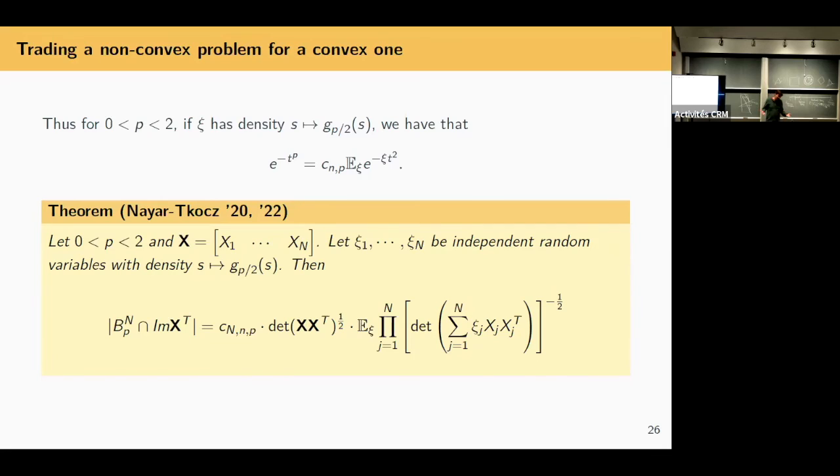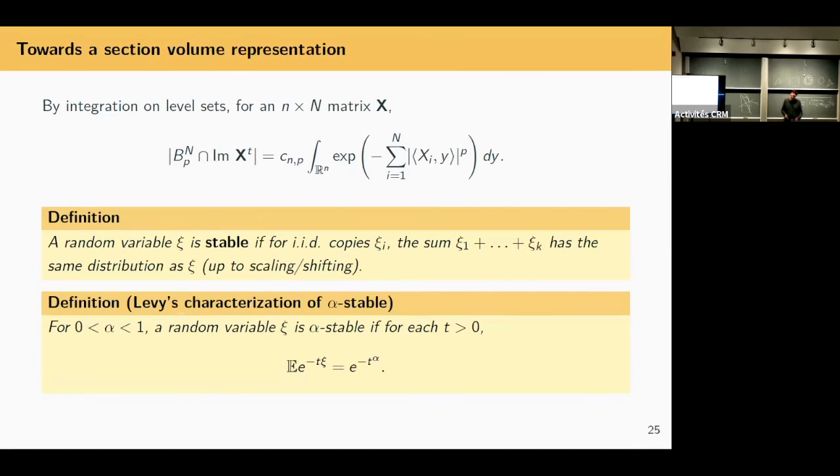What's the effect of averaging? Okay, so there's a complicated formula here, but the spirit of this is, if I see a function like this with the t to the p, I can trade it for power 2, the small variable change, at the cost of averaging. Okay, this extra integral in this Xi random variable. So if the p was 2 in this formula, it would be an ellipsoid, which comes with a determinant, which is not so different than the quantities we started the talk with.